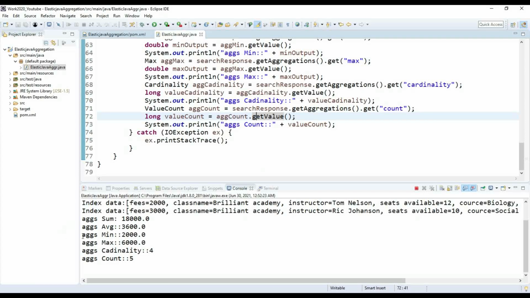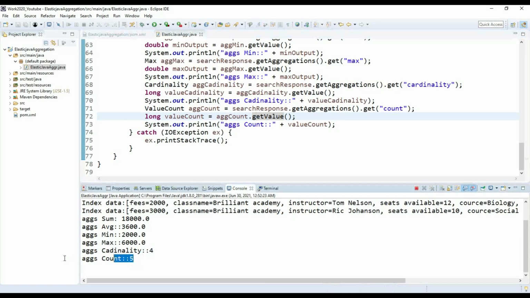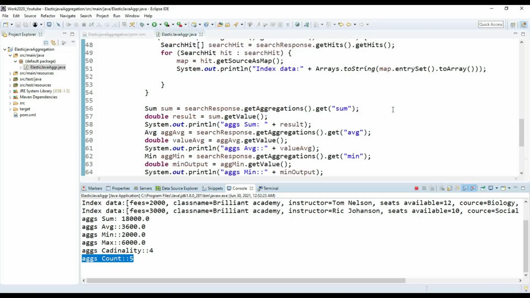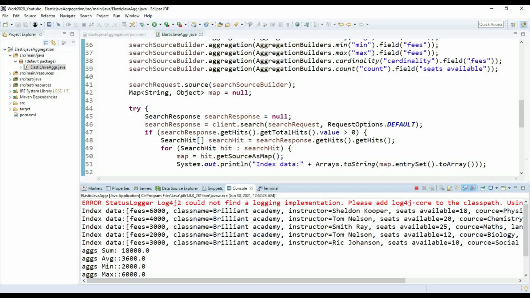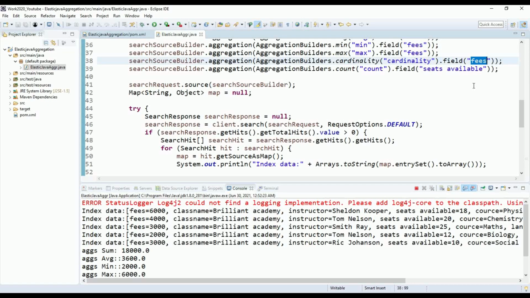Yeah, so we got the aggregation count as 5. What we have done here is use count for seats available. Now we will do the same for fees, to see how it counts, so you can find the difference between cardinality and count. I'm running it.